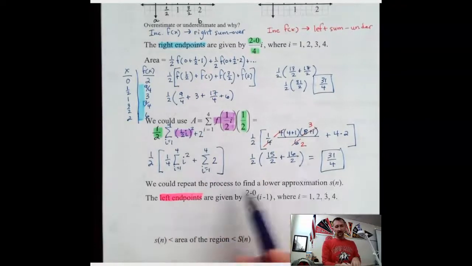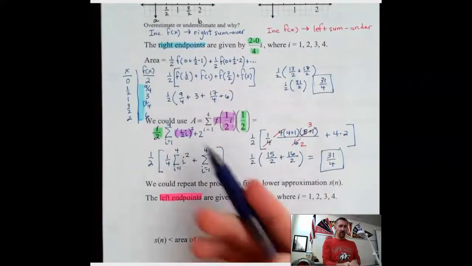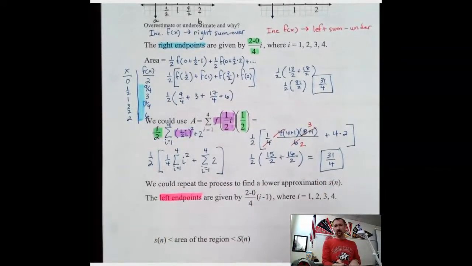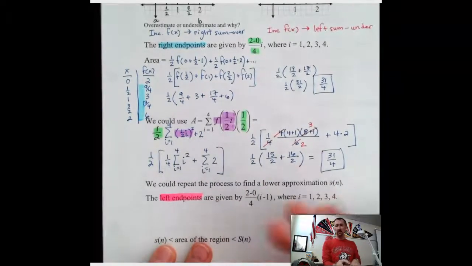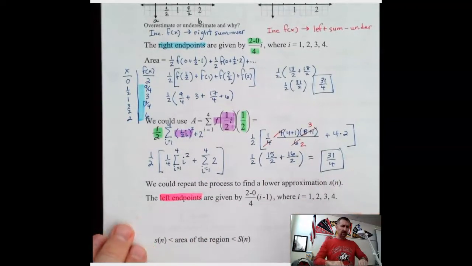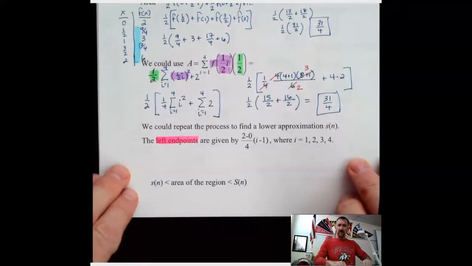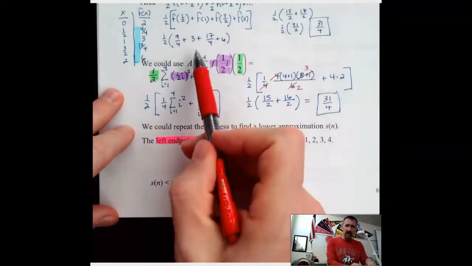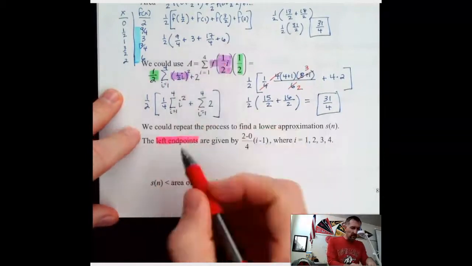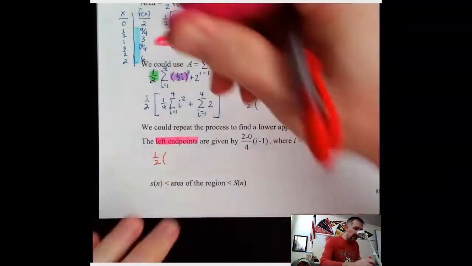Now you say, is that much less work than that? No, but if we had 40 rectangles, then this would be a lot better than that. So that's where we're headed with that. So it says we could repeat that to find the lower approximation using the left endpoints. So now if we go back to here, we can do 1/2, but if we did the left endpoints,